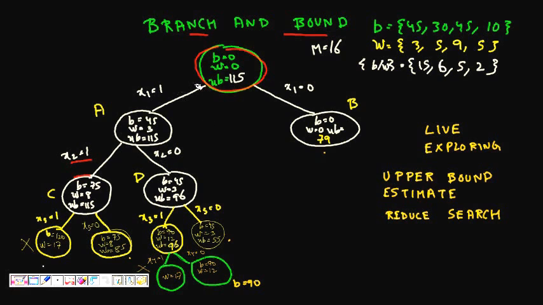So whenever we are branching out, we try to find the upper bound of the solution for the children, and then we go to the path or the child where there is the highest upper bound. This is called the least cost search or the best first search, because we are going to the node where we think it will give us the best solution, instead of just unintelligently going in a depth first or breadth first manner. We want to reach the solution fast. So the main aim is to reach the solution faster,